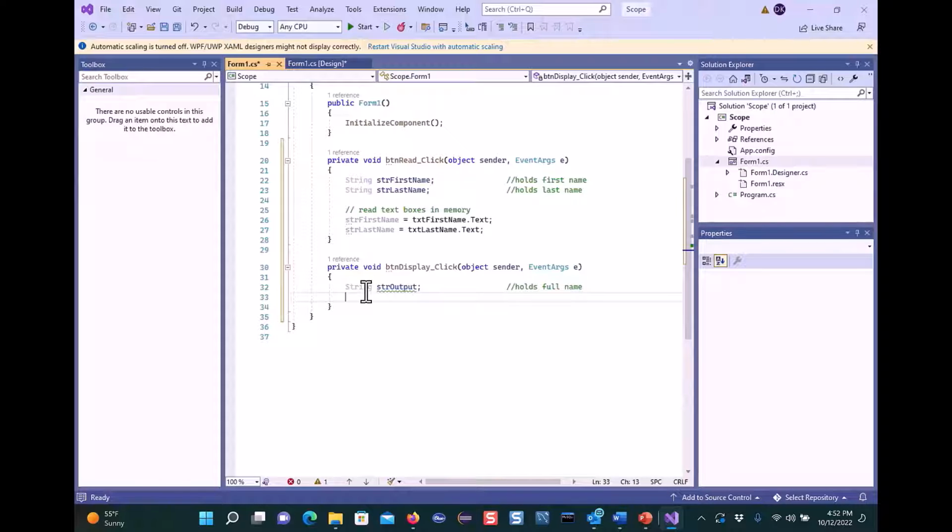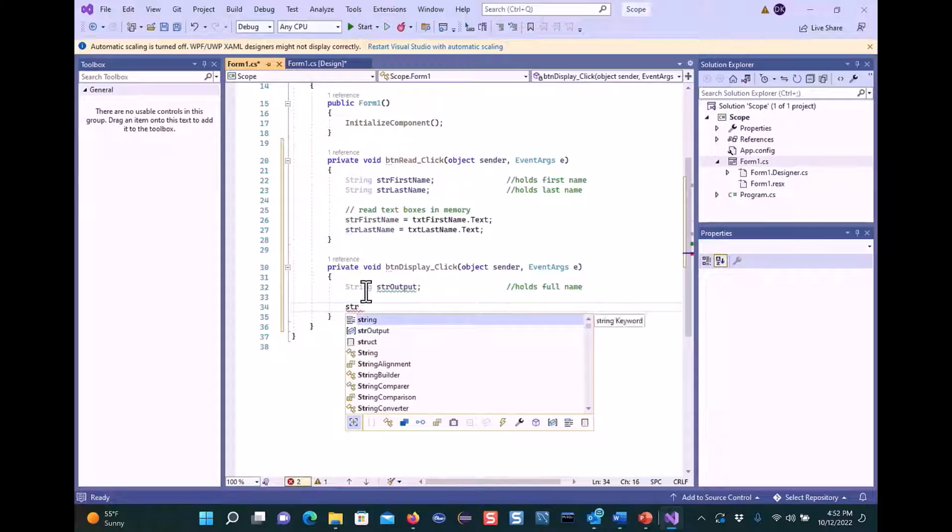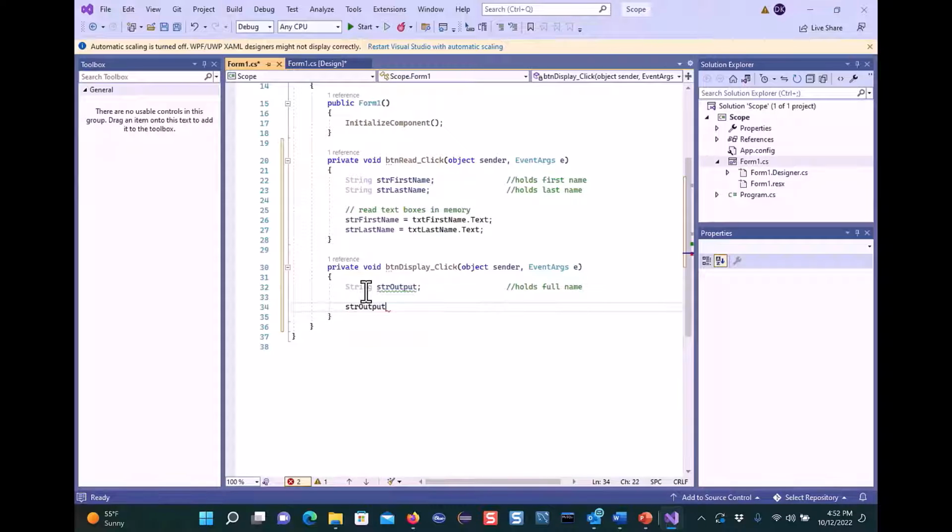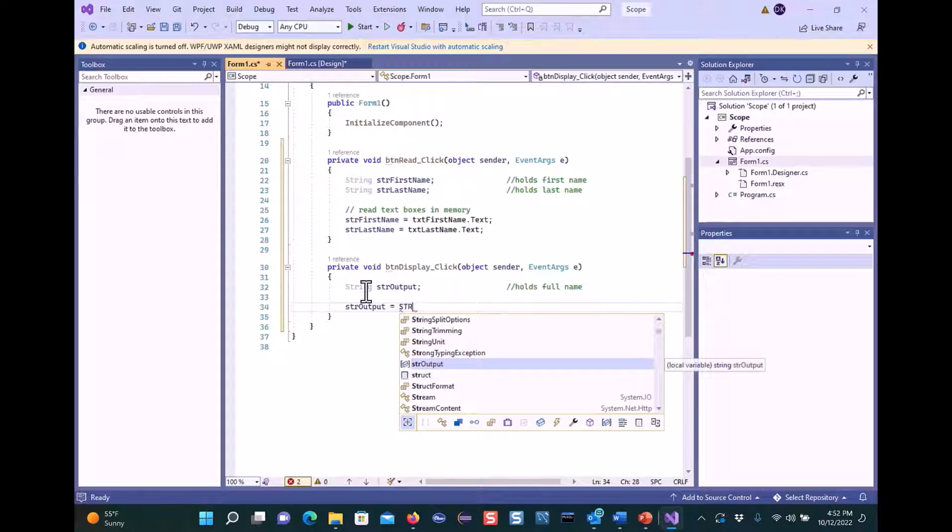I'm then going to actually operate on the variable memory I took in before, and I'm going to say that str output is equal to str first name